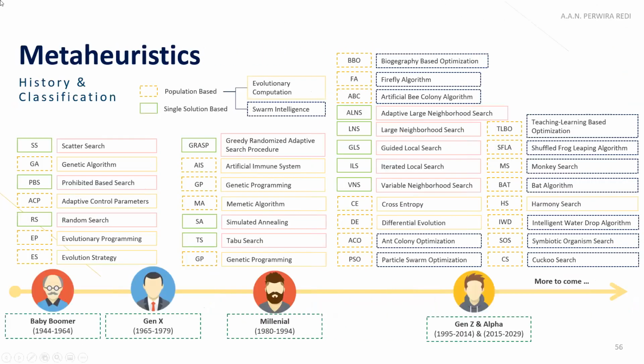But okay, this is the end. Basically, particle swarm optimization is just one metaheuristic type. I think it's from 1995, so it belongs to, I think, not millennial anymore, it's Generation Z already. It's quite famous, but again, there are a lot of algorithms out there. I encourage you to explore as well.